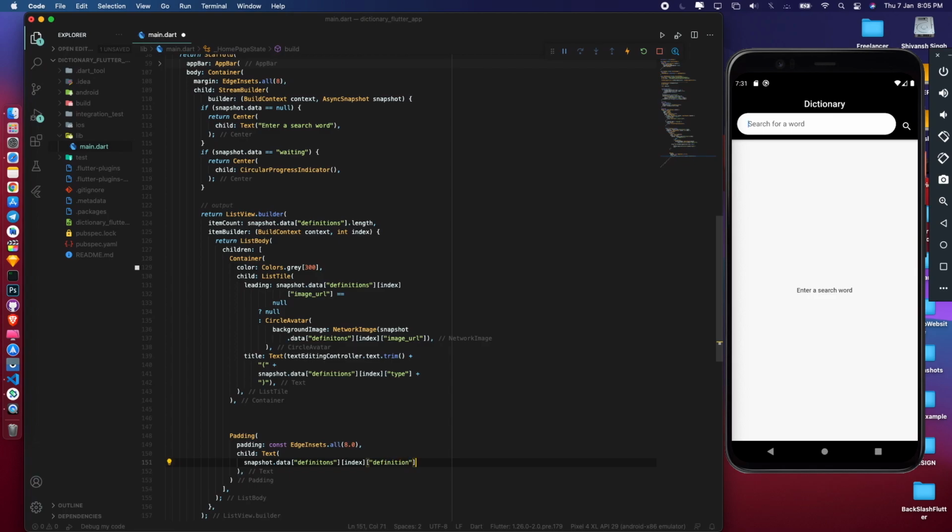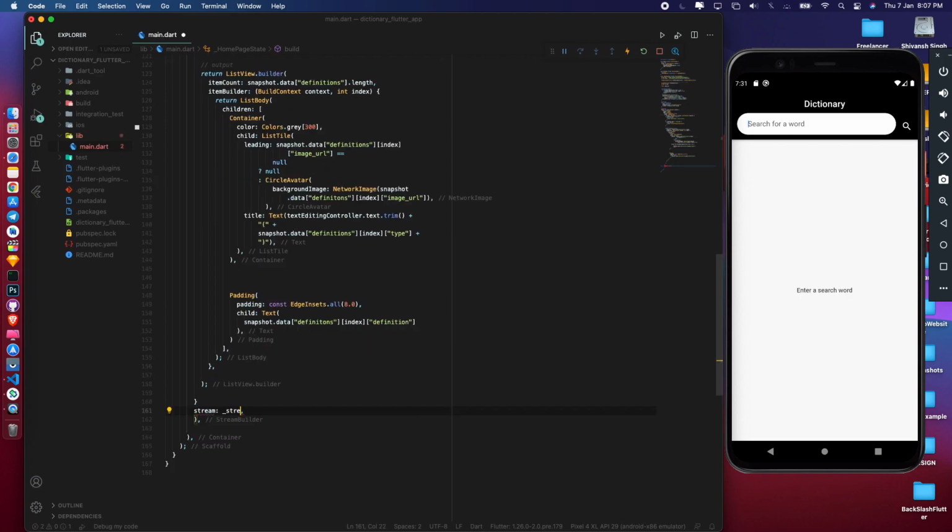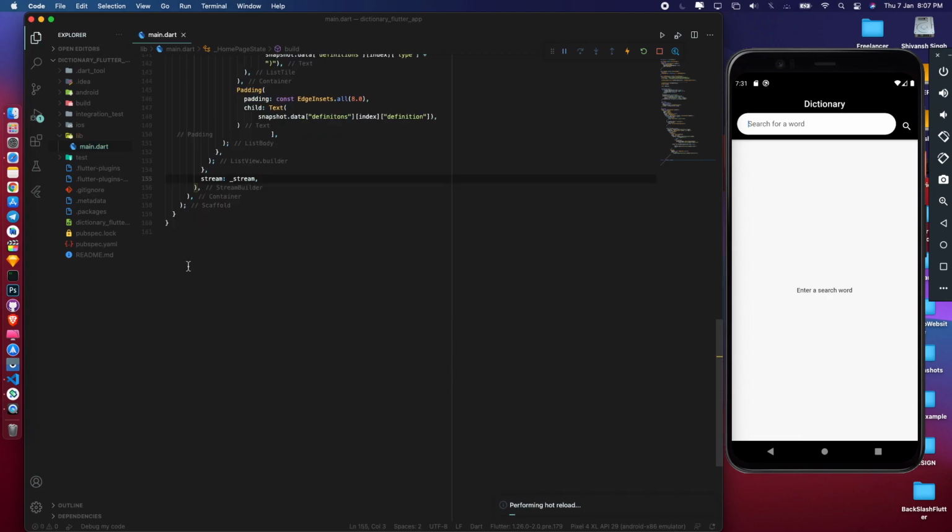The JSON format is definitions. This would be the parent, and then we have definition. There is just a use of S in there.